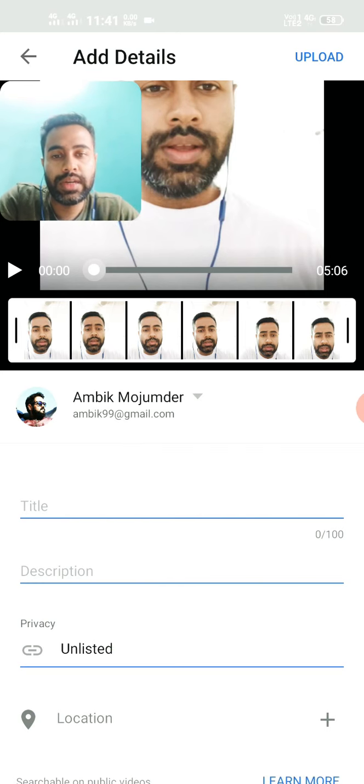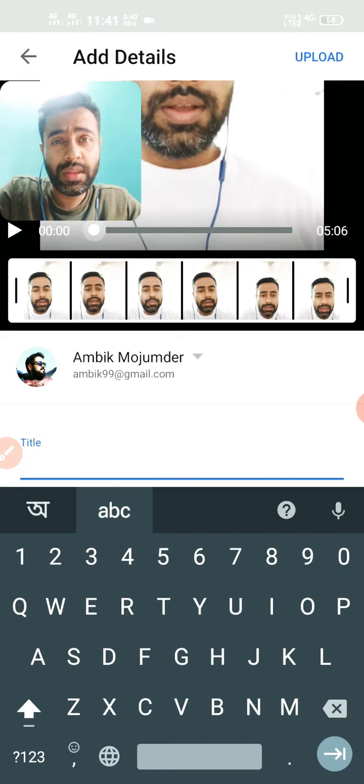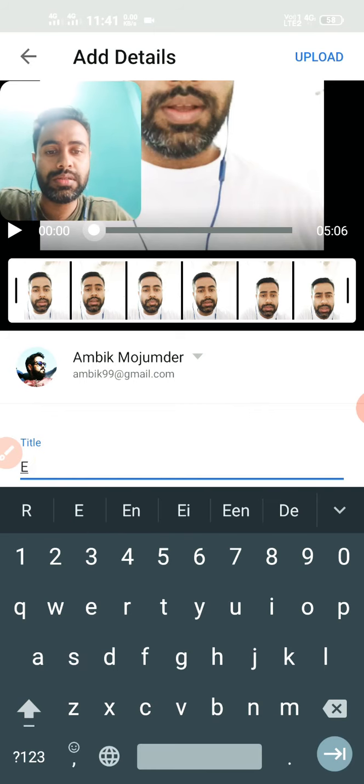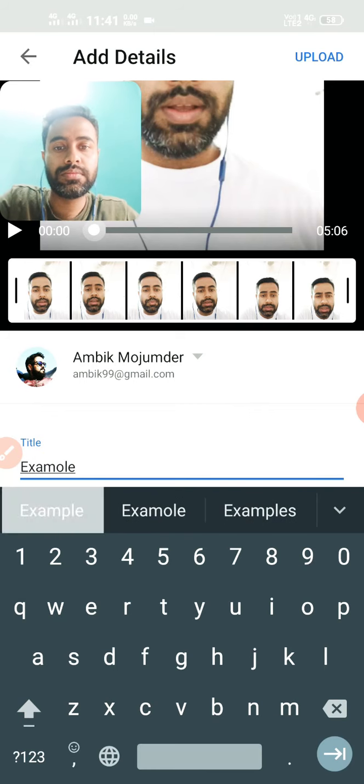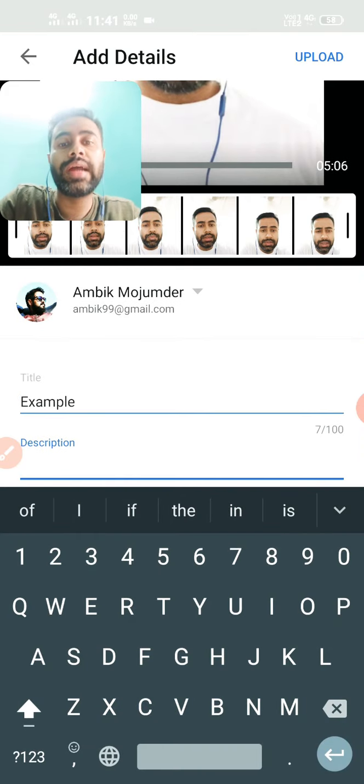So what we can do is, for example, give a title name. If you have shot a video for an explanatory topic, you can write the topic name in the title. I'm just mentioning it as an example. You can put a description to that particular title. If you want your video to have a description, you can put one, you can write a link, you can do anything you want. I am not putting anything as of now.